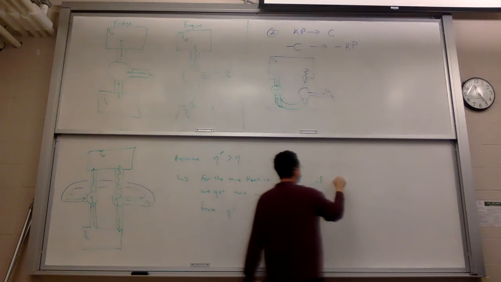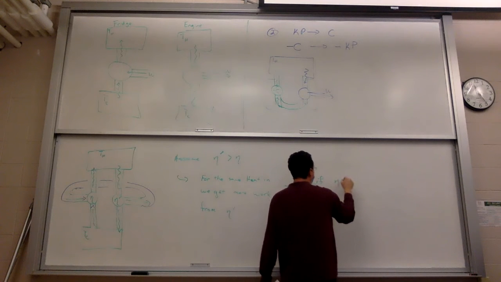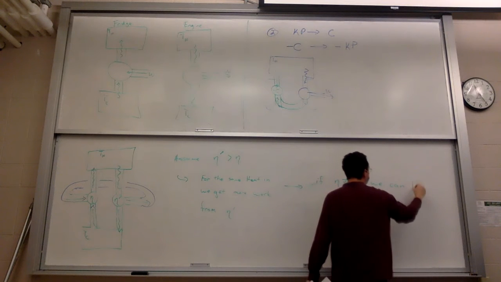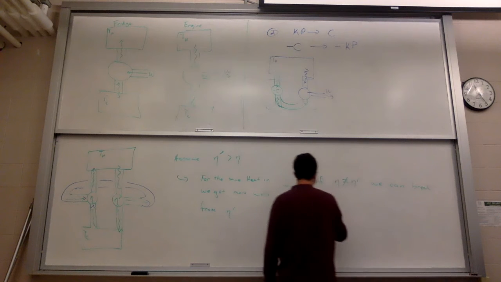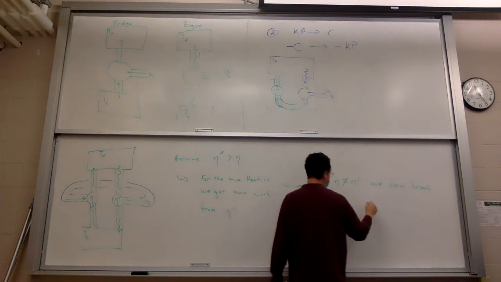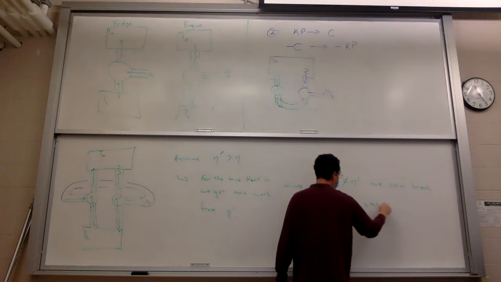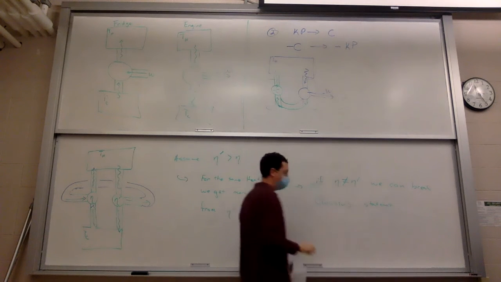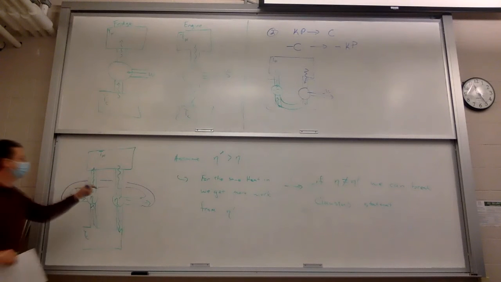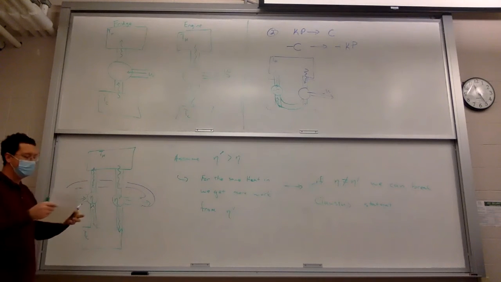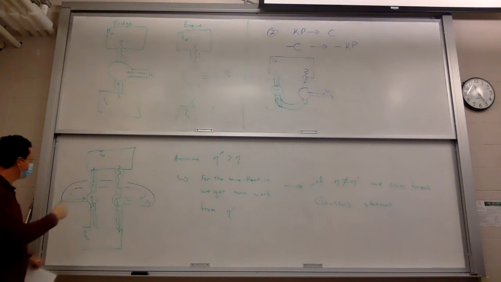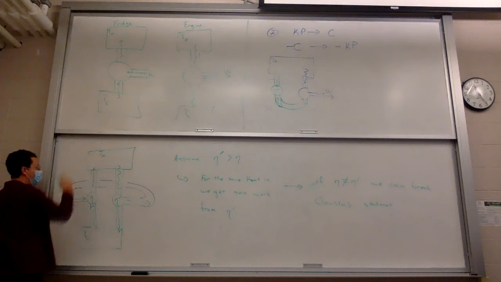So if eta is not the same as eta prime, we can break the Clausius statement. I apologize. In my notes, I actually reversed it the other way and used it to make a magic battery. But then it's harder to see the work and the magnitude, to see that overall it goes that way.